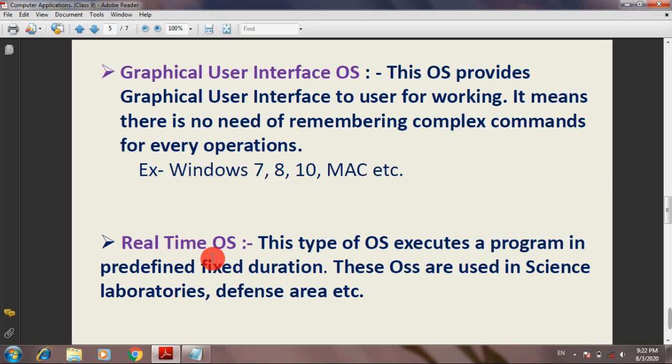Such type of operating system is called real-time OS. The operating systems we use like Windows 7, XP, 10 are not real-time operating systems. Real-time operating systems are used in highly sophisticated operations, like in defense sector or in different science laboratories.